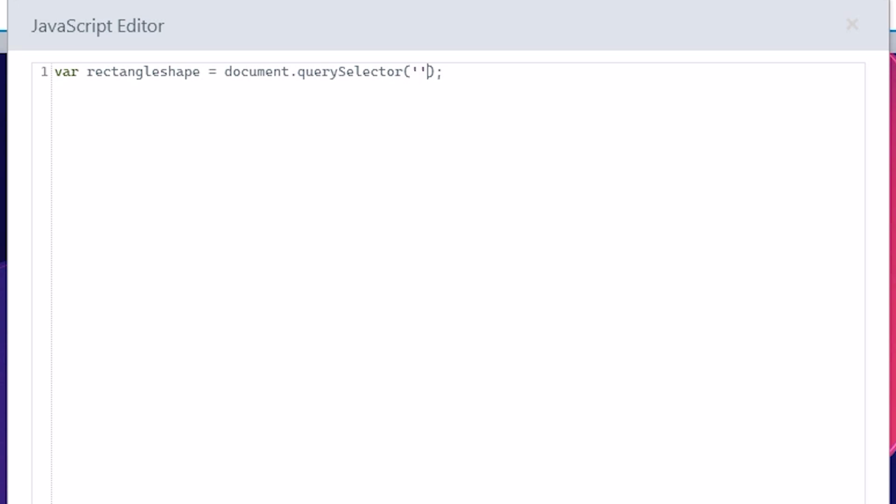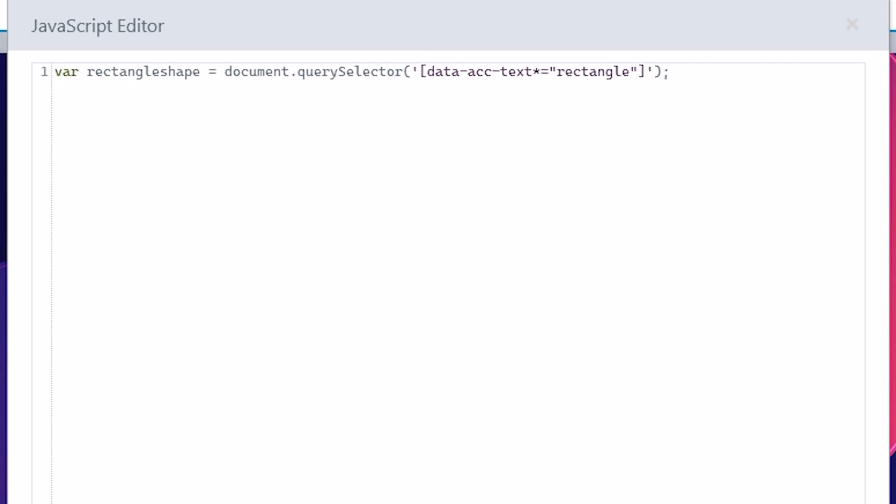And within the parentheses, in single quotes and square brackets, we'll type the attribute name data-acc-text. And instead of using just an equal symbol here, I'm also going to include an asterisk, which tells the method to include any HTML object that has at least what is contained in these double quotes in any part of the data-acc-text value. Therefore, we can simplify our query by just typing a single identifier word from the alt text value, like rectangle.